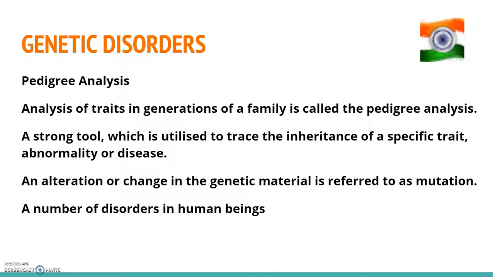When Mendel's work was discovered, the practice of analyzing the inheritance pattern of traits in human beings started. Controlled crosses can be performed in pea plants or some other organisms, but that is not possible in human beings, because their life cycle is long. So the study of family history about the inheritance of a particular trait can be done, and such an analysis of a trait in the generations of a family is called pedigree analysis.